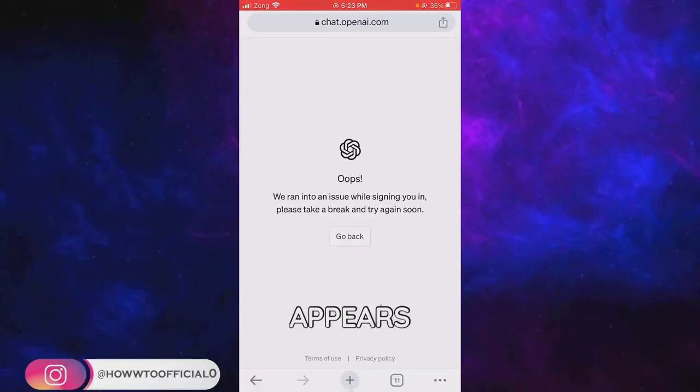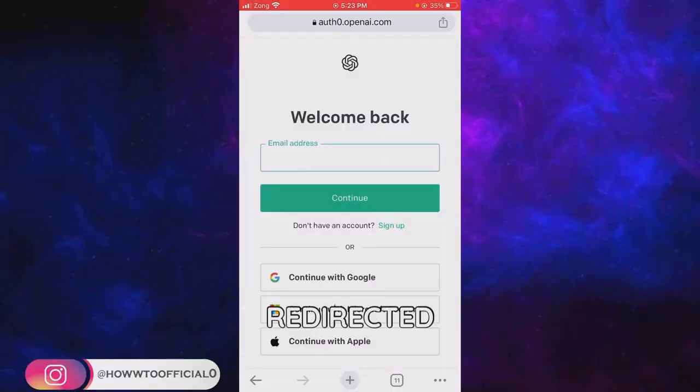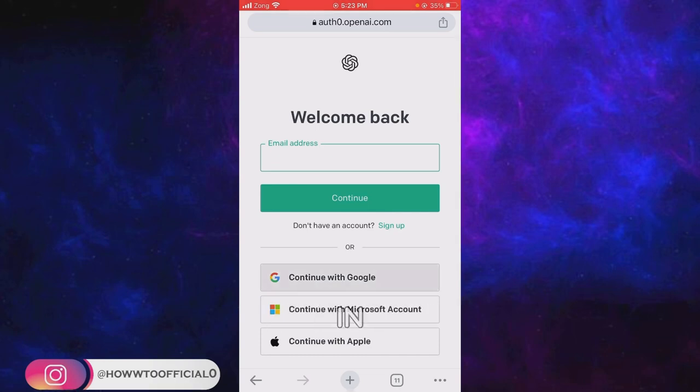So when this appears, first of all press the go back button and again tap on the login button. In this way, maximum chances are you will be redirected to the login page. And if you again see the error a second time, then again go back and log in. Do this 4 to 5 times and you will be redirected to this page in the 4th or 5th or even 6th try. But if you are doing this again and again, but this issue is not being fixed,